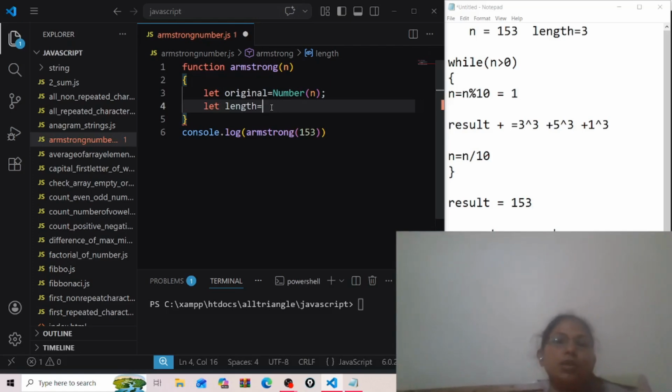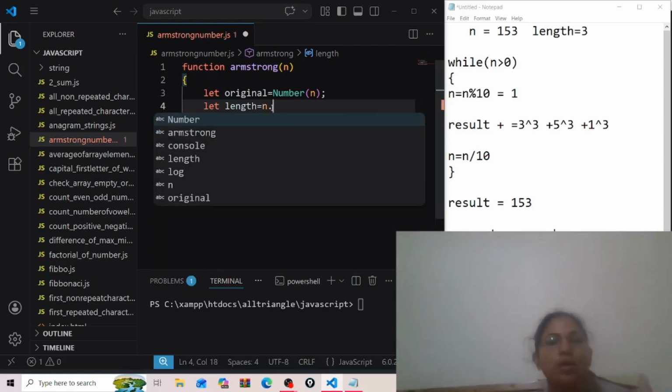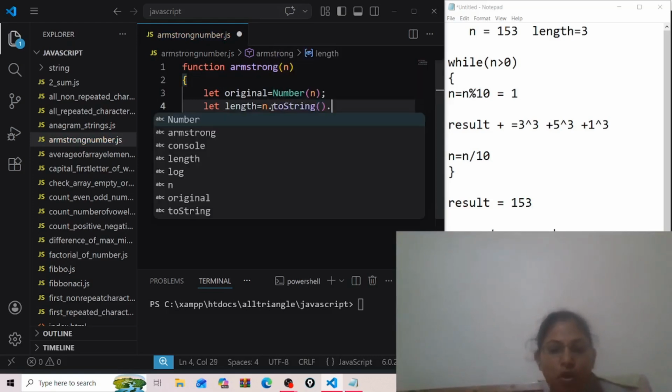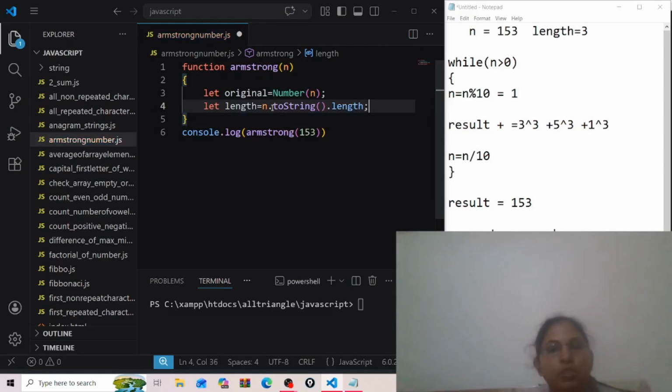So listen carefully. How to find the length of the number? Now I'm writing this program in JavaScript, so this is the syntax: n dot toString dot length. Now the number is in the form of a string, that's why I put toString here.